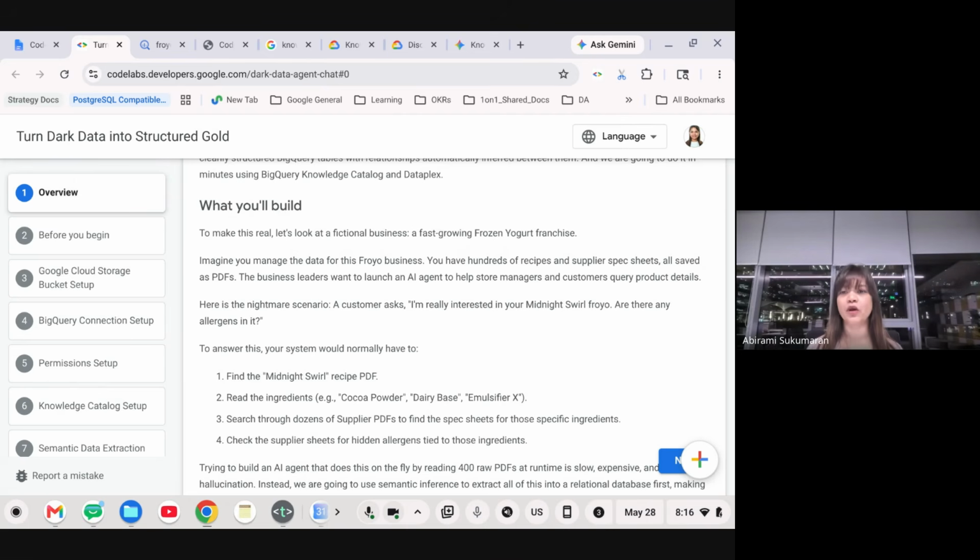Because it's food, it's all about ingredients, it's recipes, it's what are the underlying ingredients, so many connections, right? So you have recipe and supplier spec sheets, which is normal. If you walk into any restaurant or any big brand chain, you will know that they still have books. You can walk into any store and ask them if it contains gluten or any allergen. And if they don't know the answer, they'll have to go to the spec sheet.